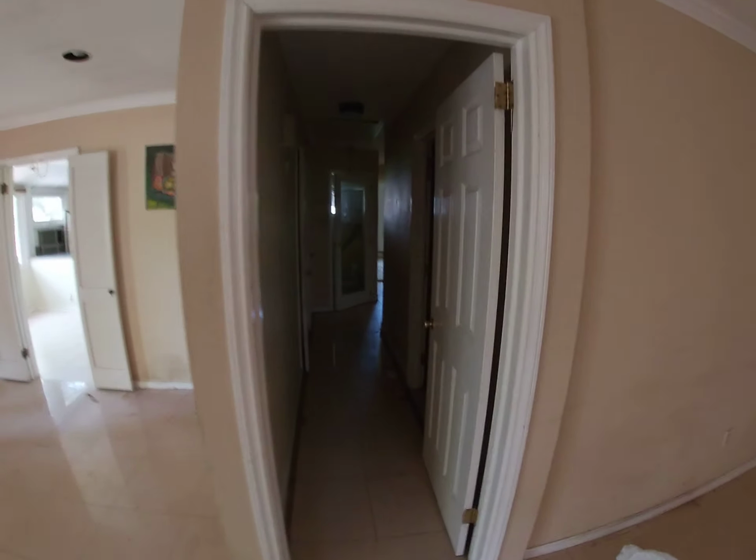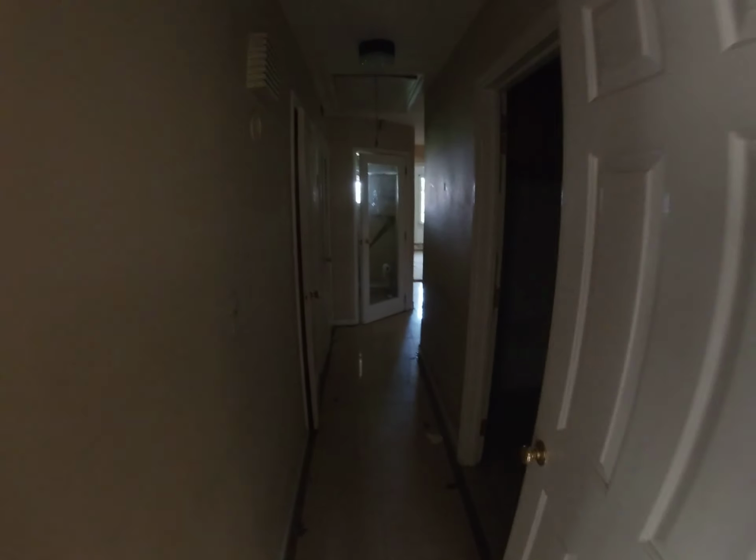This is another part of the addition. It's dark in here, no windows. There we go. No light. Let me get my phone here and give you some light. So right as you walk in here, we have a laundry room,